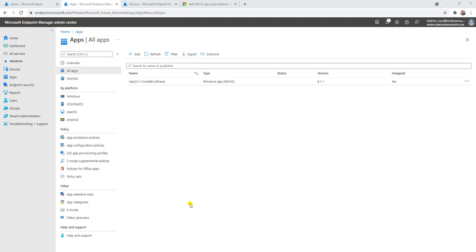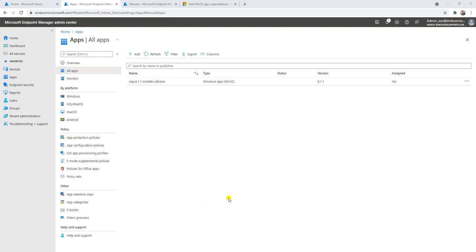Supersedence is a concept where an older version is replaced with a new version. For example, if you deploy an ABC application on the end user machine with version 1.0, and after one or two months you have another version and your management asks, can you supersede the old application and replace it with the new application? Here we are going to learn how we can do supersedence in Intune.